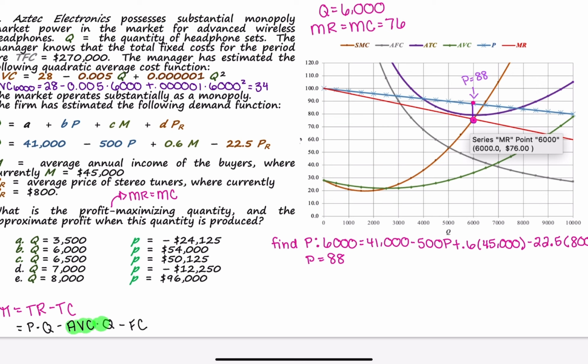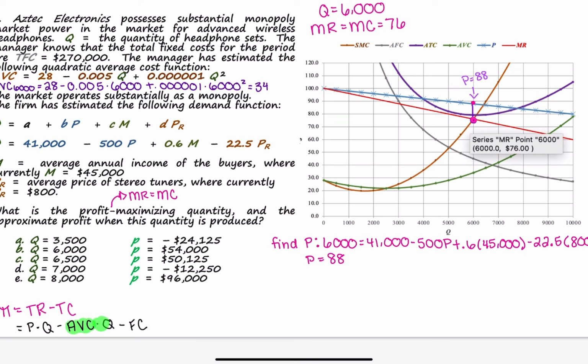So our Lerner index is price minus marginal cost divided by price. So it's going to be 88 minus 76 divided by 88, which gives us 0.1363,